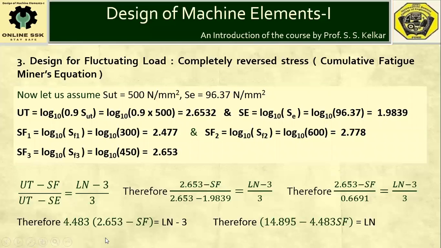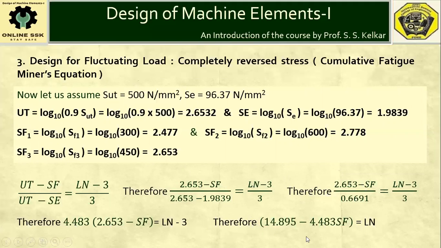Now, usual equation UT minus SF upon UT minus AC is equal to ln minus 3 upon 3. UT is known to us, 2.6532, and AC is 1.9839. So just adjusting the figures here, we can calculate